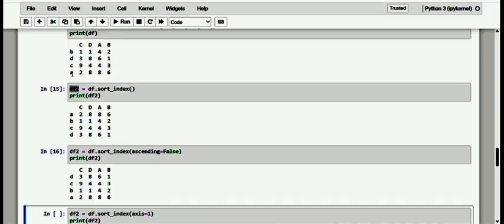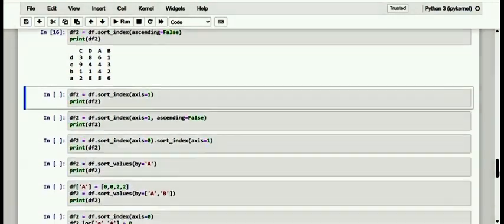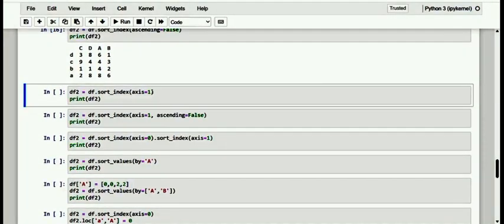Now, dear friends, if we want to sort the labels in columns in ascending order, it will be necessary to explicitly define the parameter axis. So axis is equal to 1. By default, the axis is always 0, and if we specify it as 1, it is related to the column.